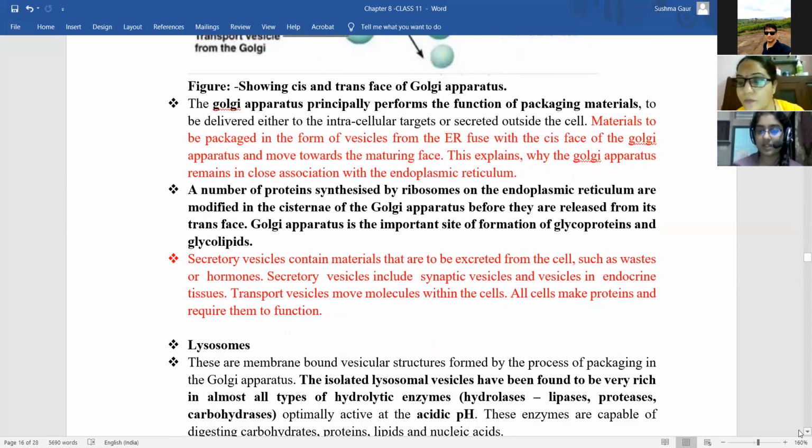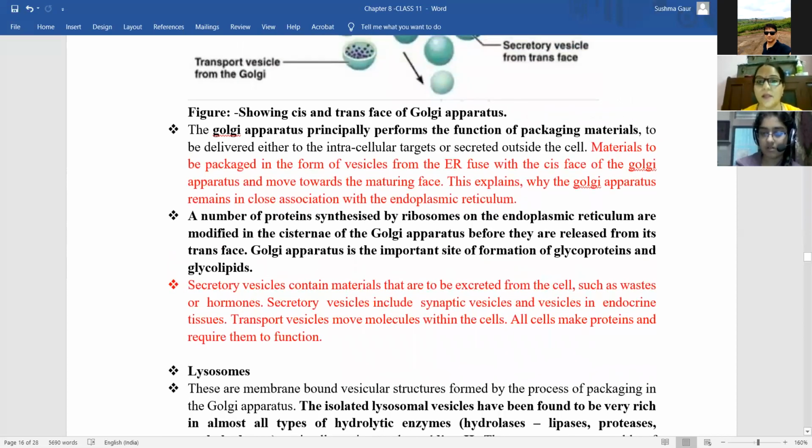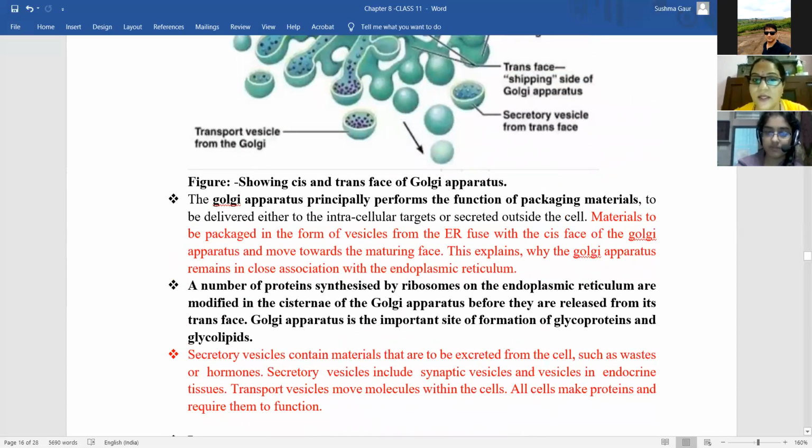Do any other secretions get added inside the Golgi apparatus into the protein vesicles? It might be possible, but basically proteins are the only ones involved. Here it is written that the materials required inside the cell, so it might be possible that a few other things were also involved. Transportation work is basically done by Golgi only.